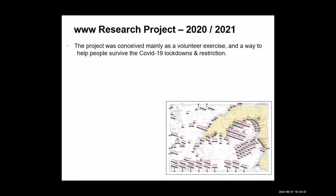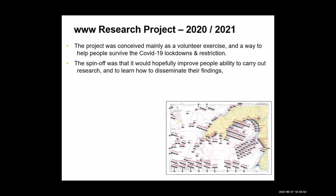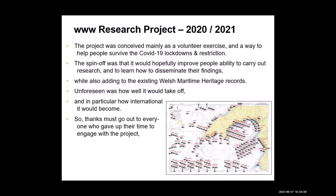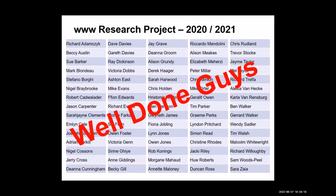So the project was conceived mainly as a volunteer exercise to help people through lockdown. The spin-off was that it would hopefully help them in the future carry out research and disseminate their findings, while also adding to particularly the Welsh Maritime Historic Record. Unforeseen was how well it would take off and how international it would become. So thanks must go to everybody who engaged with this project and for helping turn it into such an international success. So thanks to all these guys who contributed their research to reports,